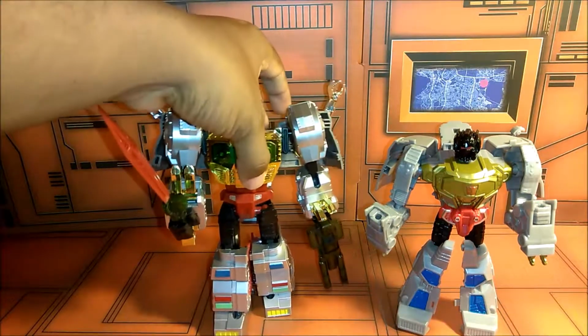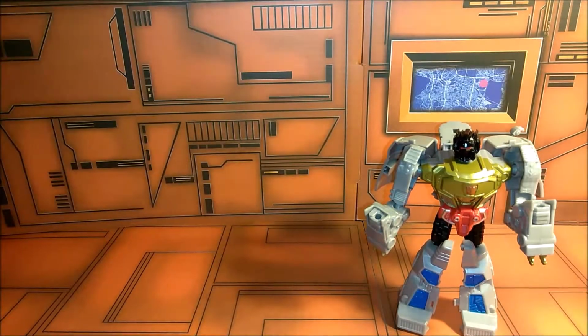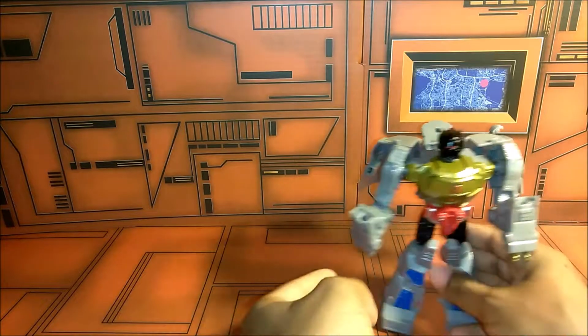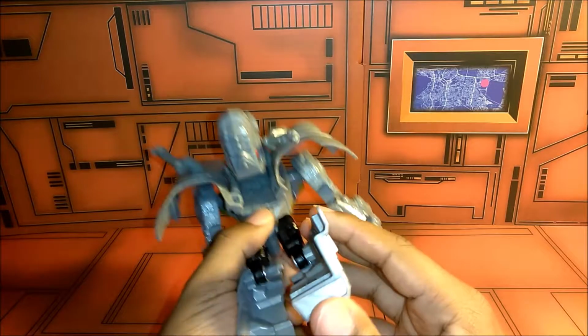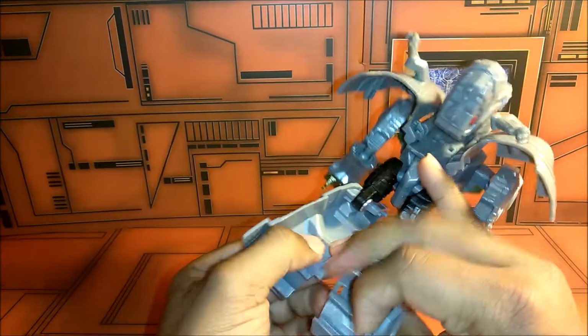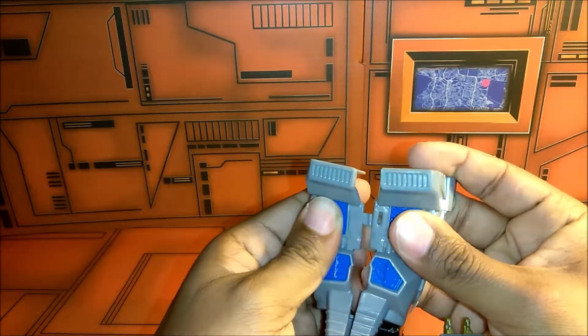Here he is with the Dino King, a third-party Grimlock, just to see how he looks compared to him. Now, what I want to do is get him into transformation. In order to transform him, we're going to take these legs. We actually can connect them here. There's a little connection point here in the middle. So we can push the legs together